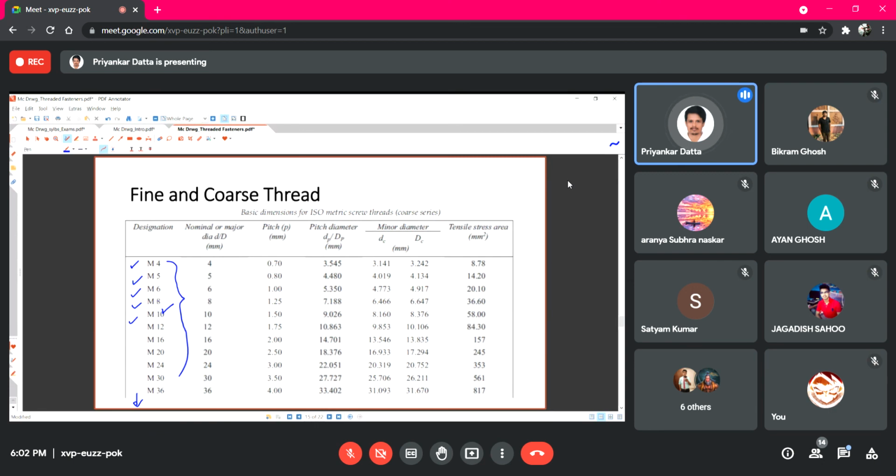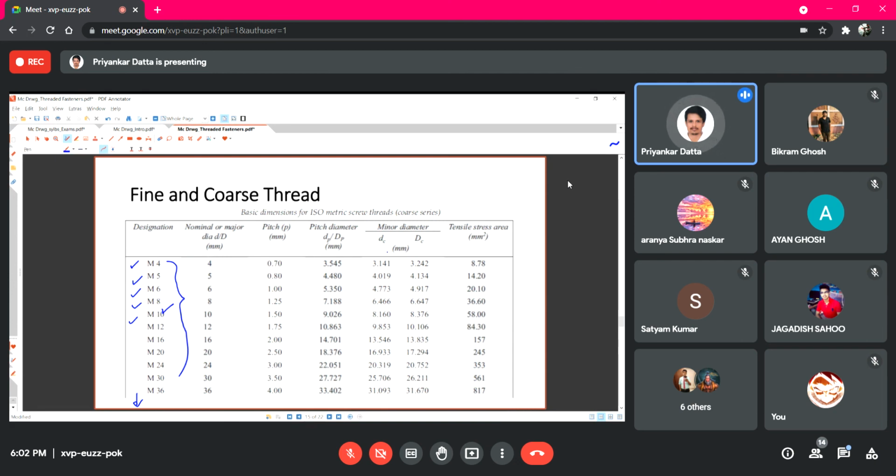Also, another advantage is that if we fix the sizes, then the production unit will be fixed and the overall cost of processing will be reduced. So these are some reasons based on which the nominal or major diameter is selected. Major diameters are fixed, and based on that the designations are decided.